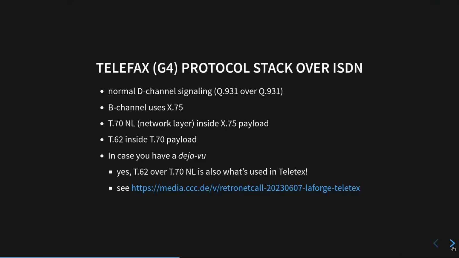And that protocol, for whatever reason, people thought it's a good idea to reuse that over ISDN B channels in a much more simplified way because, well, of course, you don't have hundreds of thousands of users on either side of the link, but only one. So there are some simplifications, and also it's only a single link procedure, so only a single B channel and so on. And inside this X75, which is a derivative of the old HDLC family of protocols, very similar also to the Q921 LAPD protocol on the D channel,